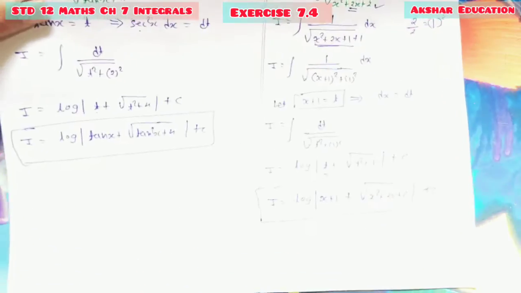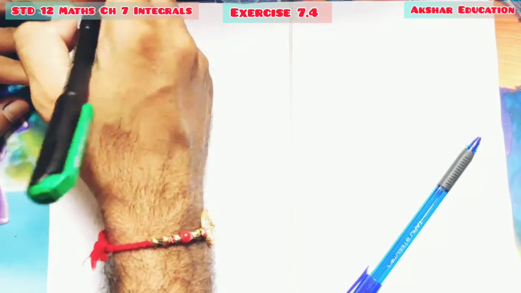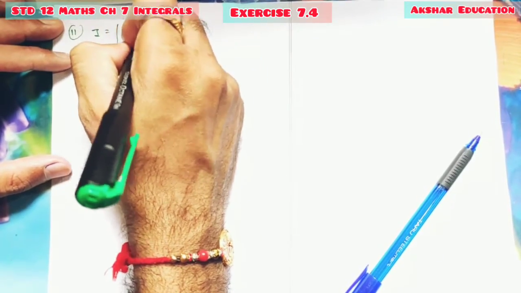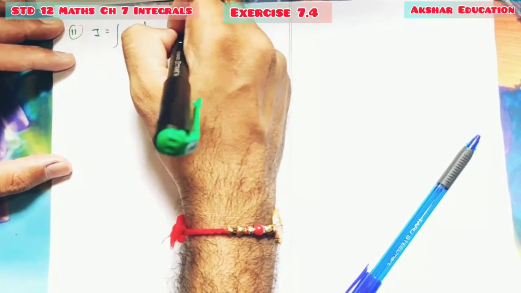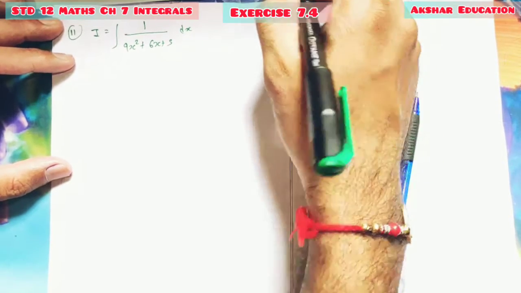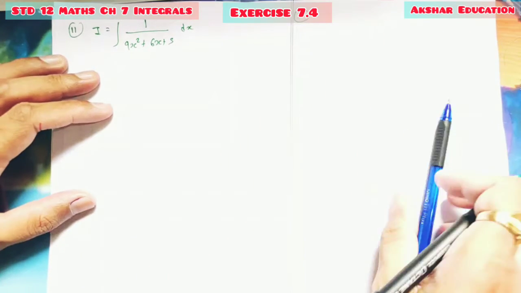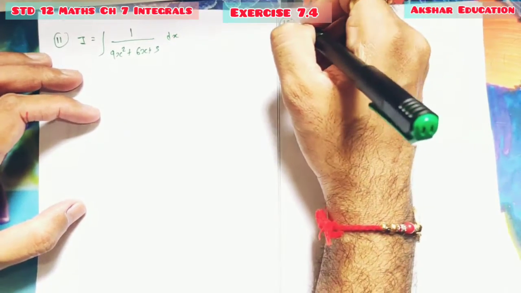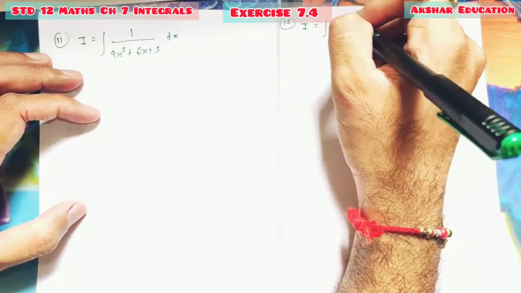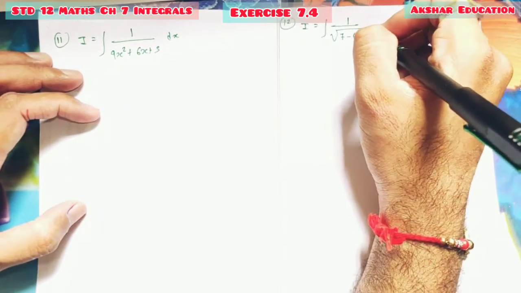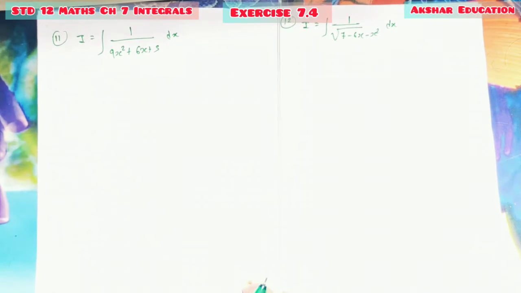Done. This was simple, let us do a slightly more difficult one. So question number 11. Here we are given, find the integration of 1 upon 9x square plus 6x plus 5 dx, and question 12: integration I equal to 1 upon square root of 7 minus 6x minus x square. We will do both of these. So for question number 11,